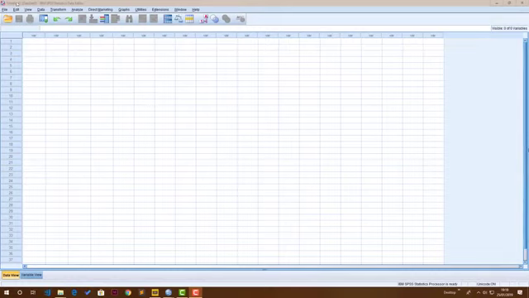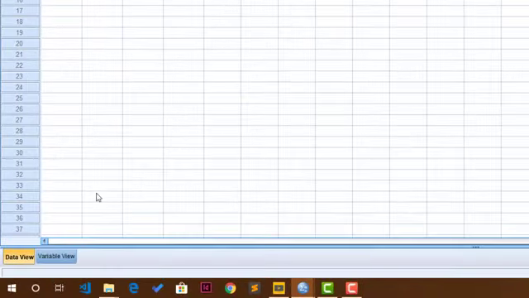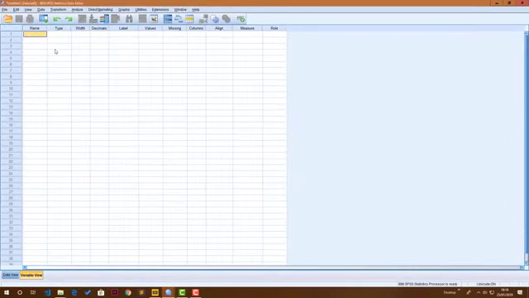Right, so I've opened SPSS. You see that the interface may look similar if you have ever used Microsoft Excel. It looks like a spreadsheet. This spreadsheet is divided into two. There is the data view here, which is where you see your actual data, and there's the variable view, which is where you actually define and edit the questions